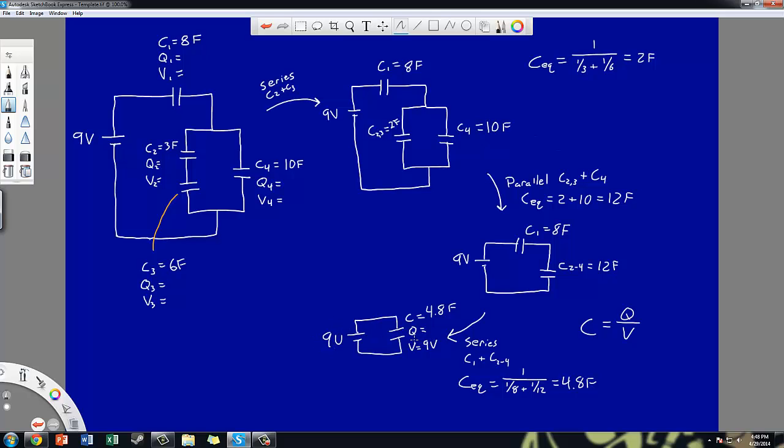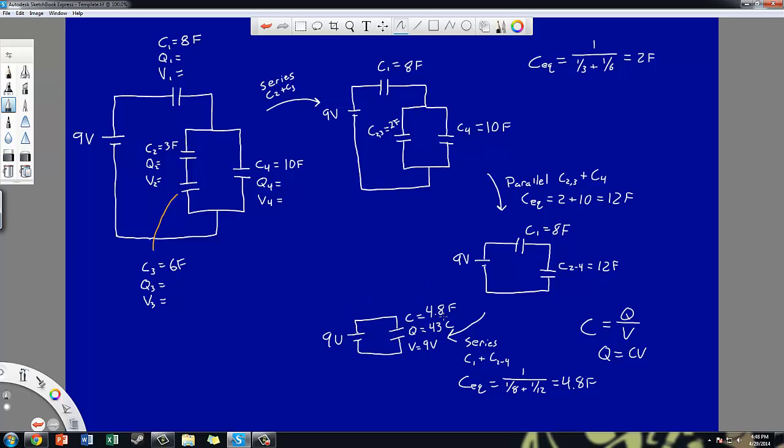So I have 9 volts and I have 4.8 farads. I'm going to solve for Q using this equation over here. Q equals C times V. So multiplying 9 by 4.8, I get 43.2. I'm just going to call it 43 coulombs. And now I have the charge,